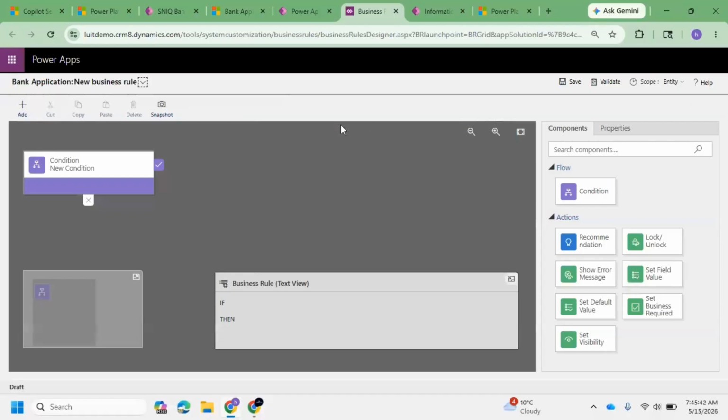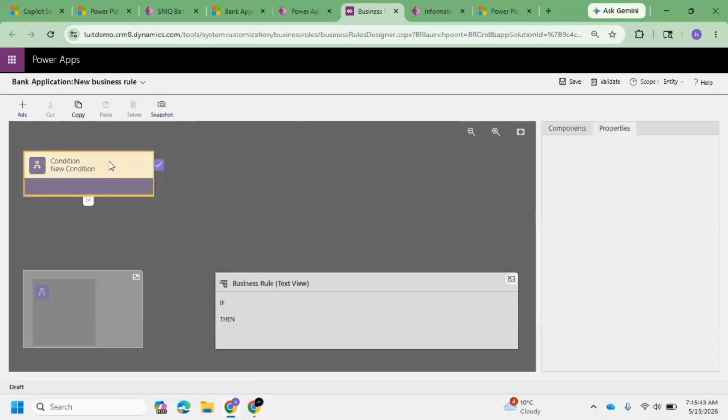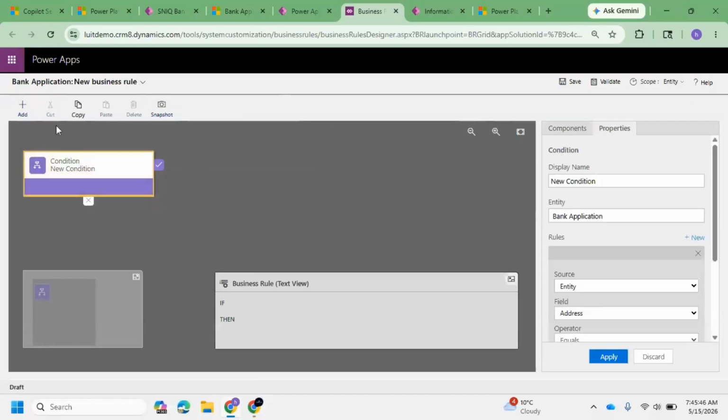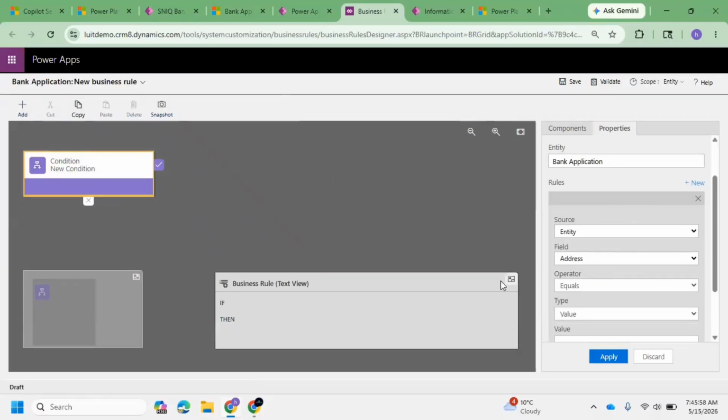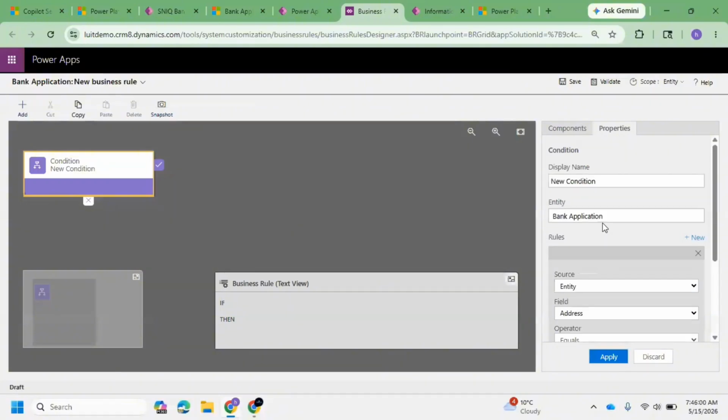Now, if you see, this is a new business rule. So if you see in the conditions, whenever you click on here, this is the basic condition. What do you want to do? Suppose marital is yes, you want to do something. Whenever marital is no, you want to do something else, right? So this is like marital. You have to give the condition name,